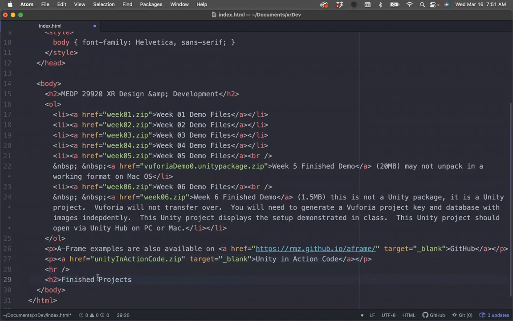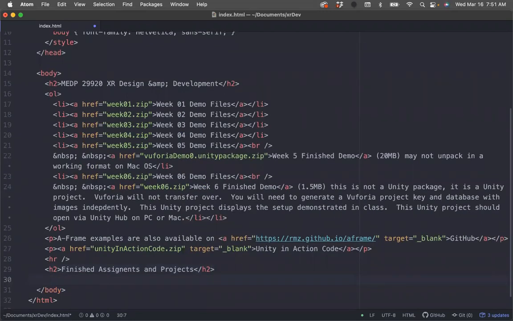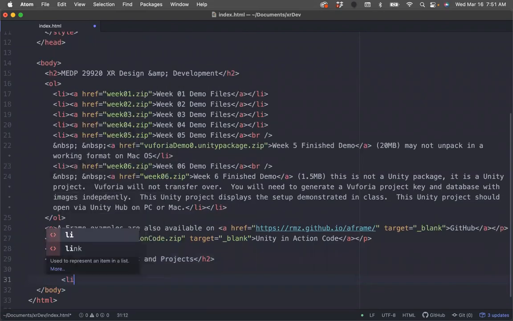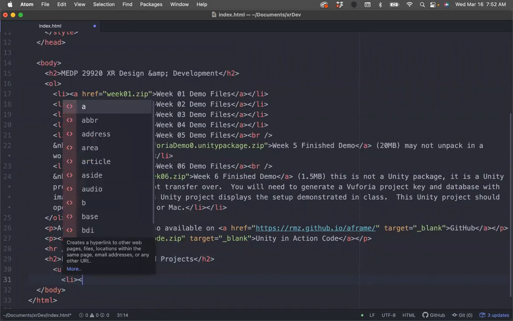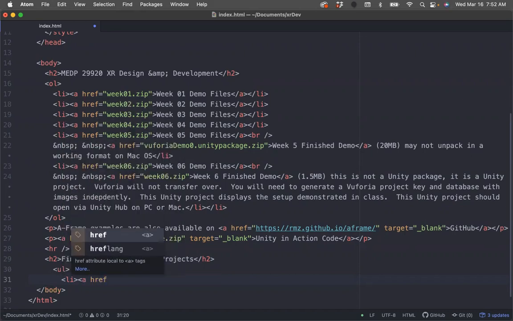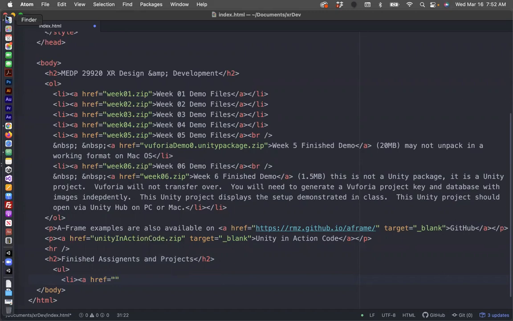You know what, I'll call it finished assignment and projects. And I'll use an unordered list. And I'll include, let's see,